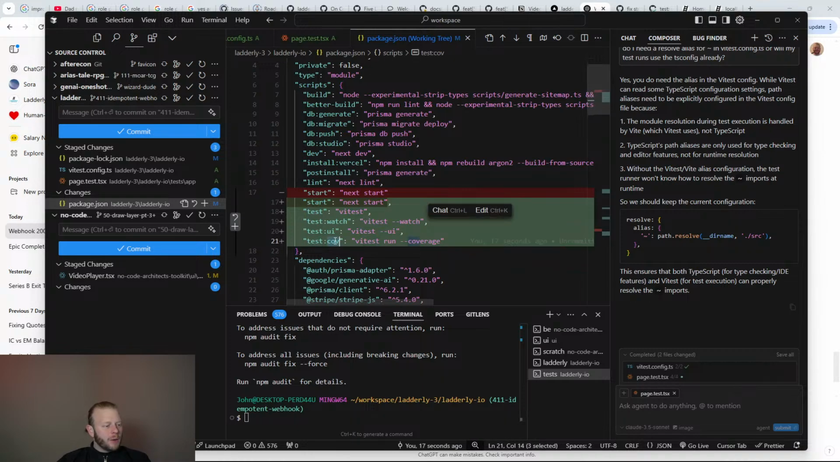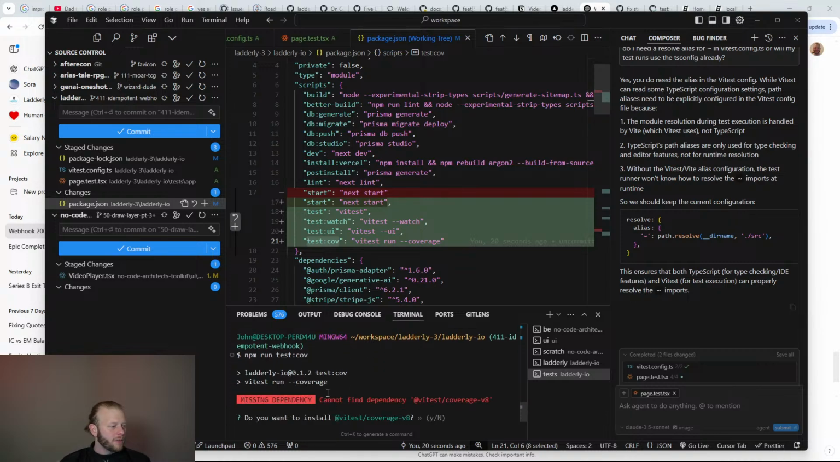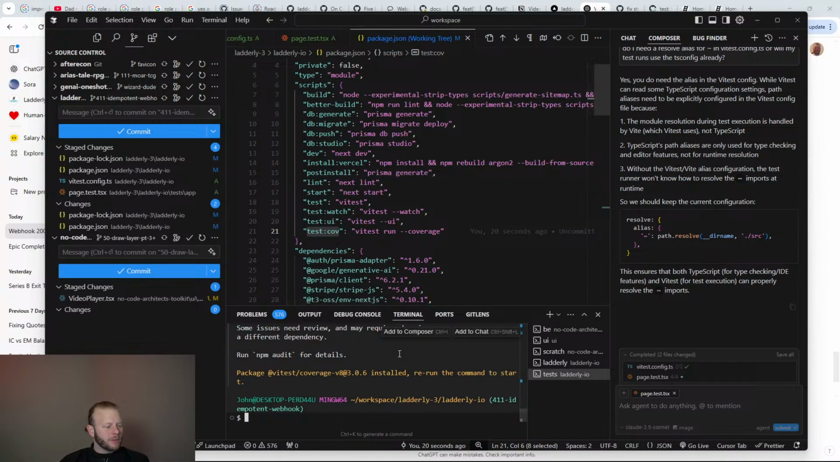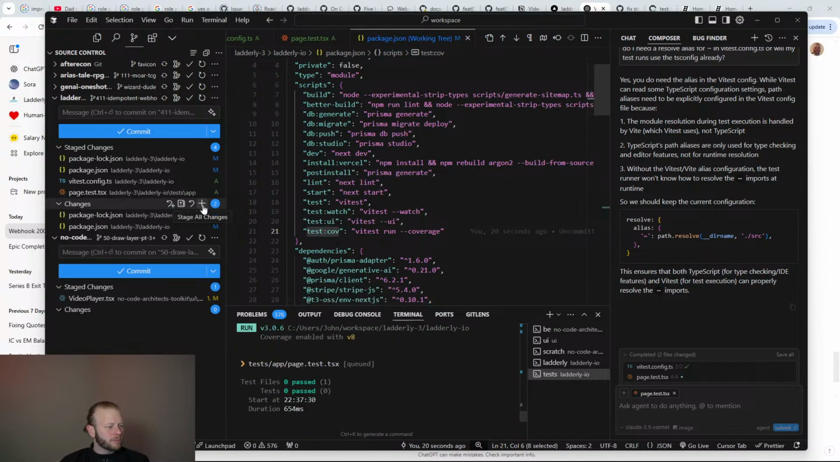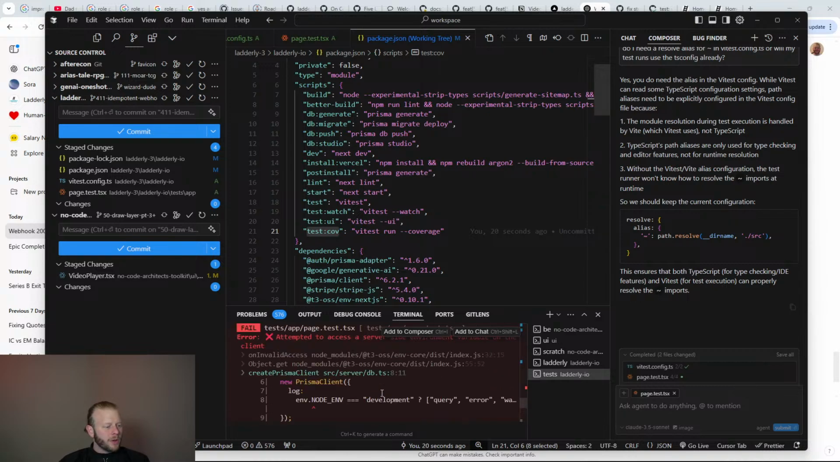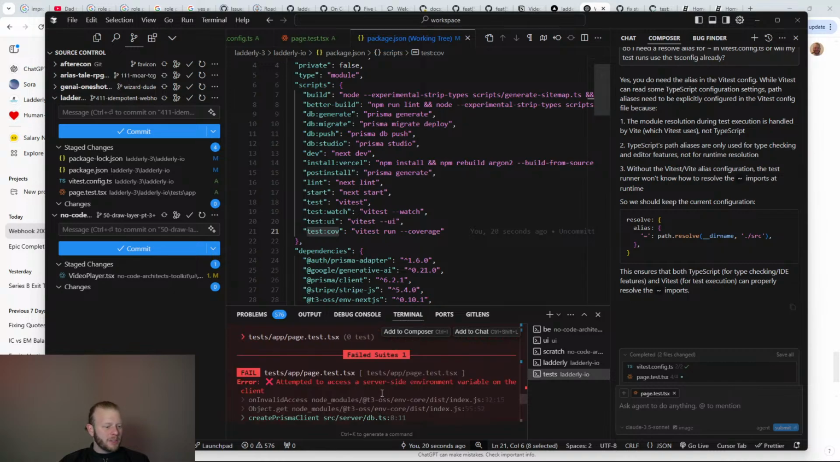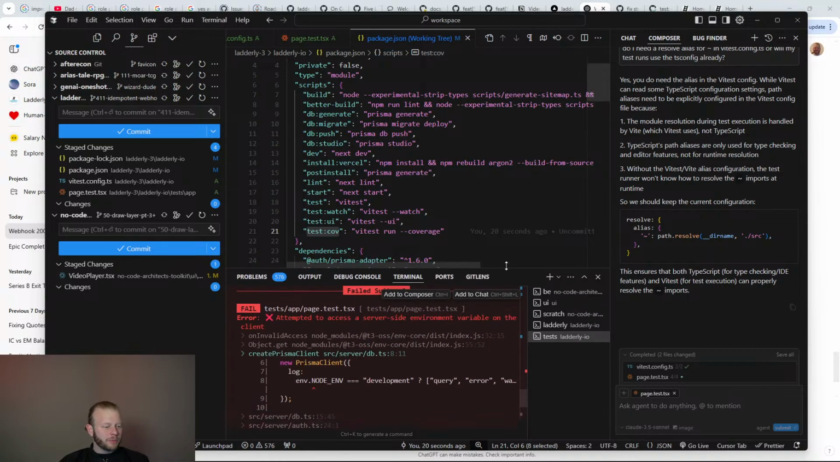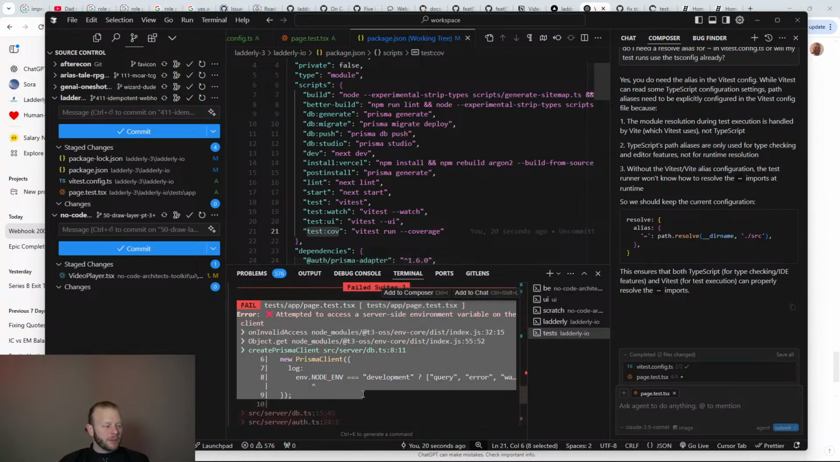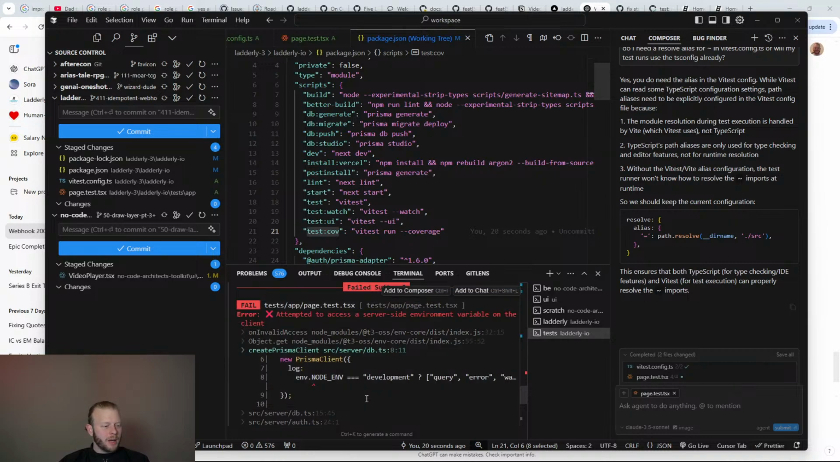Okay, cool. So now I will try running npm run test cov. Cannot find this dependency. Do you want to install it? Yes. Let's install it. Rerun the command. Okay. That failed. No problem. So environment variables. Attempted to access a server-side environment variable. Okay, so it seems our test setup may not be complying